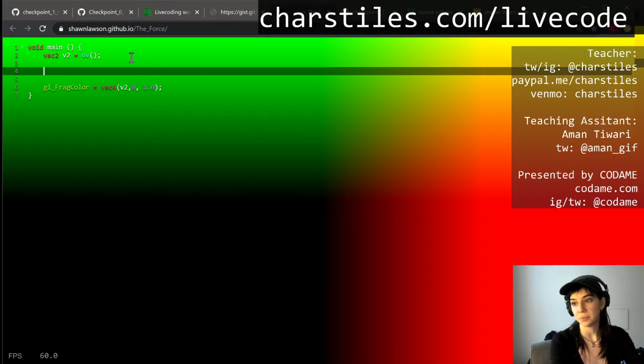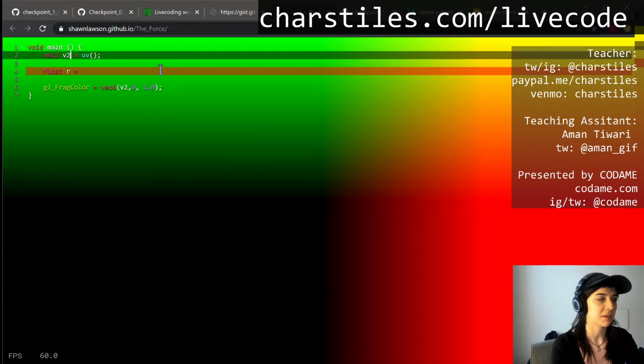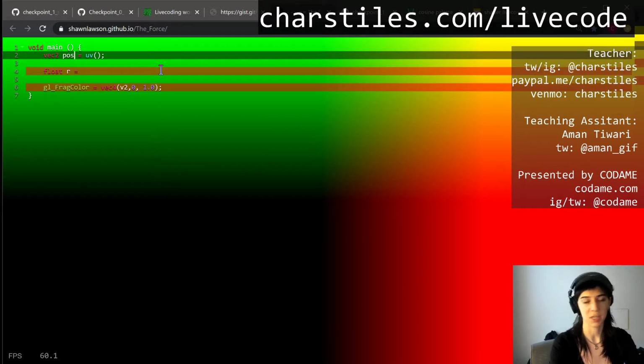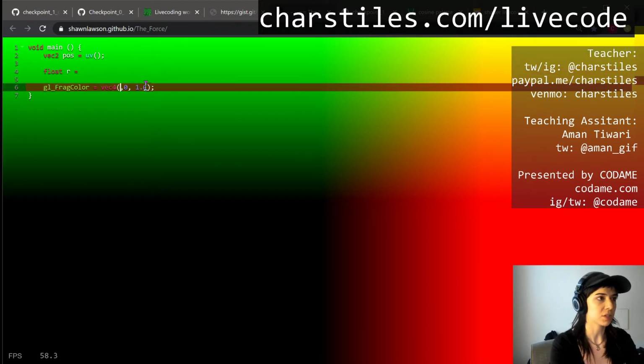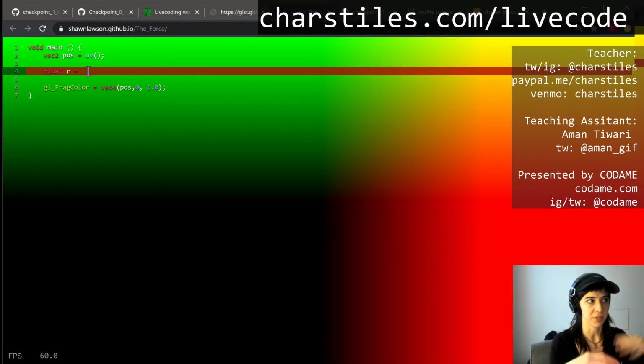So much like vector 2, we can declare the red channel is just a float. Let's call this R. I'm going to rename this, instead of V2, I'm going to rename this pause for position, because that is a more descriptive variable name. So we want R to be going from left to right. We want the red channel to be a function of the x position on the screen. So if we say R equals